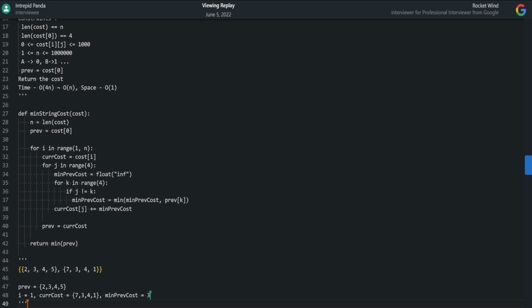Then it would come out of this loop and it would do current cost of J. So J in this case is 0. So that will be 7 plus 3, 10. So this gets updated to 10. Now J becomes 1 and this becomes,